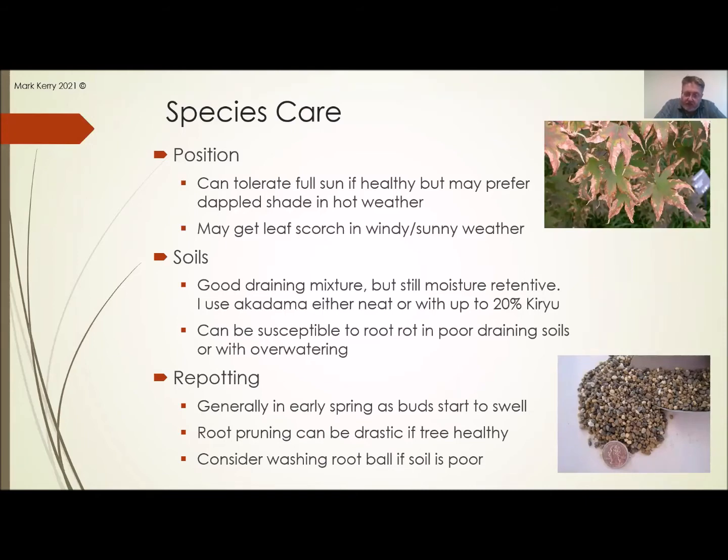Now, if you did repotting at the start of winter, just after it's lost its leaves, it'll just be sitting there really not healing itself. So I like to do it in spring, just as it's starting to grow, and get all the repotting done then. You can do quite drastic root pruning. On ordinary Japanese maples, you can remove quite a bit of the root if need be. In terms of trident maples, because they're so vigorous, you can actually remove even more root